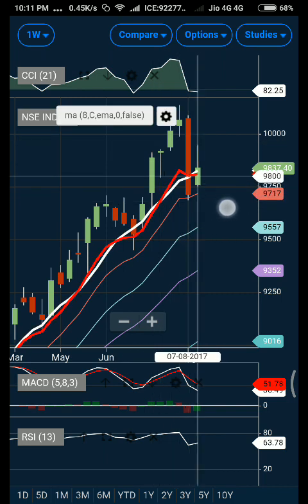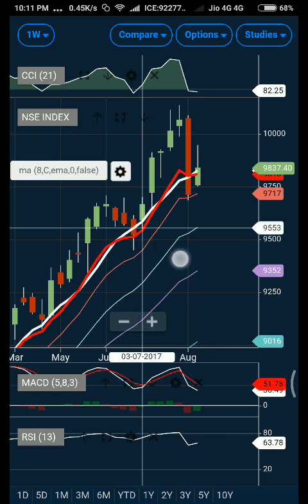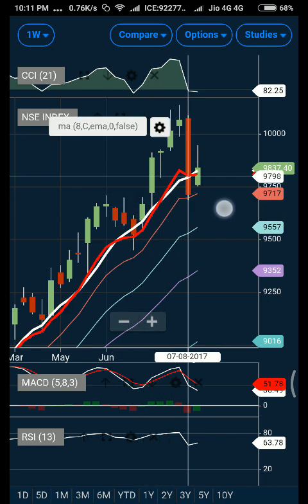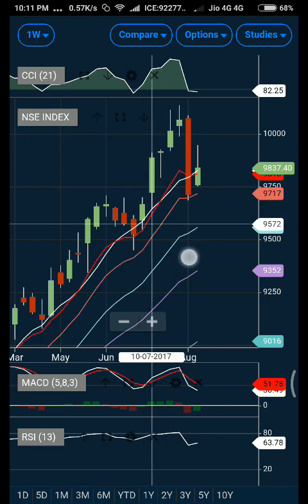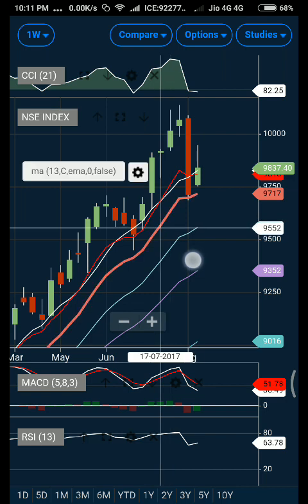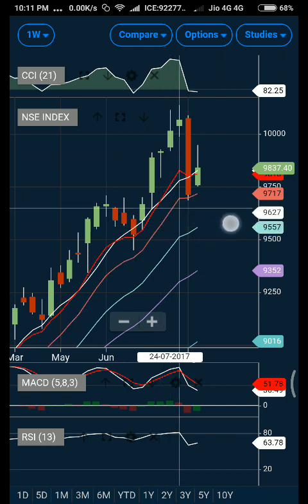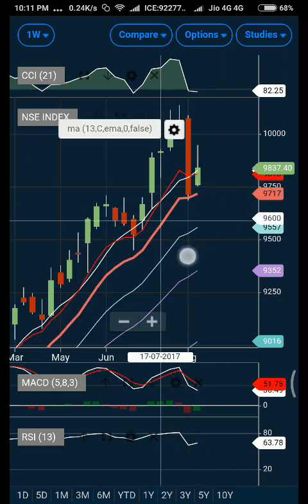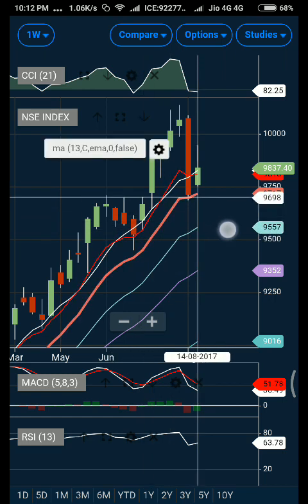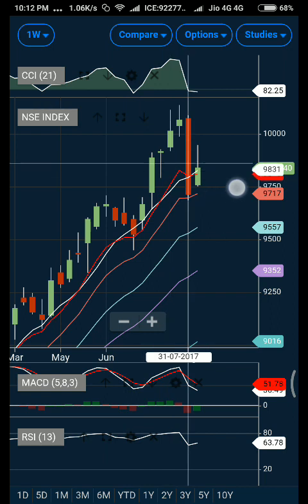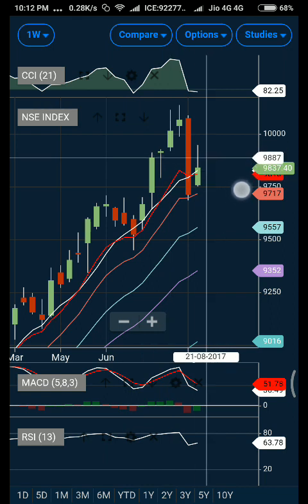As far as my observation goes, whenever I have observed a bearish crossover on Nifty or Bank Nifty, or apart from that any other instrument, most likely you can see that the 13 days exponential moving average will be reached. So what you can expect is the market to go down on a weekly basis. 9717 is a level. You can see if the market goes up on the higher side, I feel that resistance will hold, and it will work out.